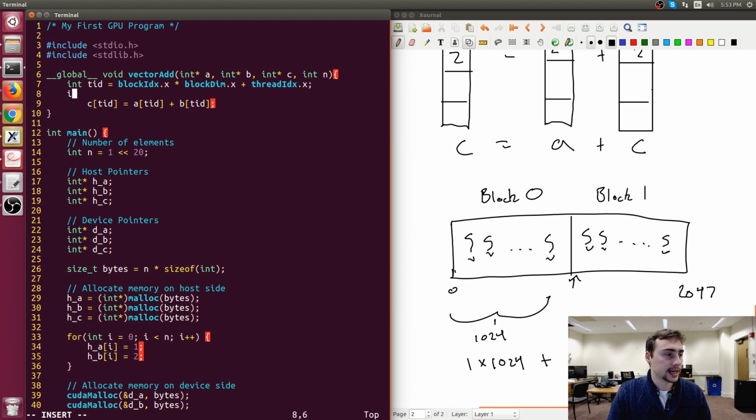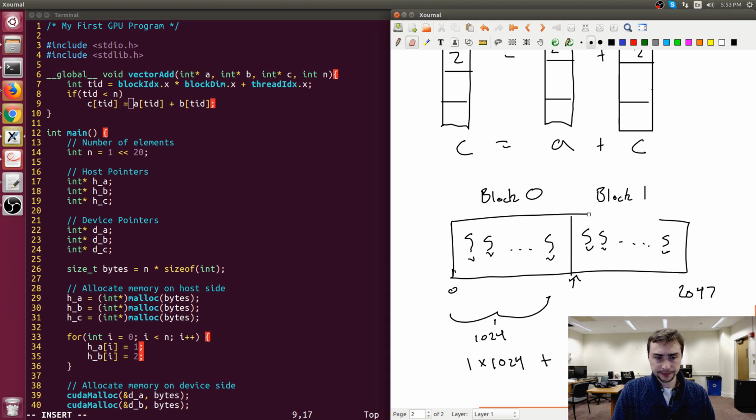So we just want to say if TID is less than N. This just says that if my global thread ID is less than the total number of elements, then proceed. This just makes sure that if we have, say, let's say 1025 elements that we want to process,